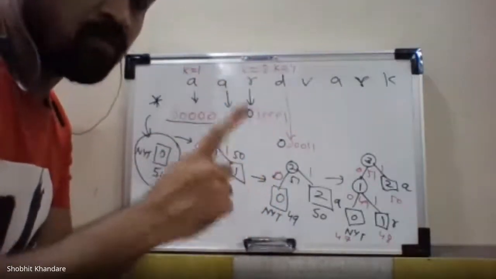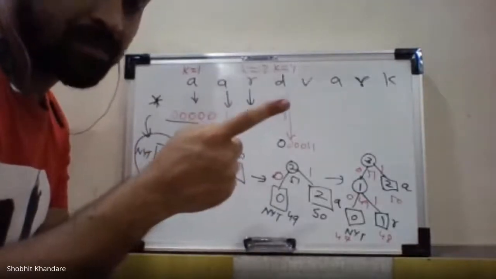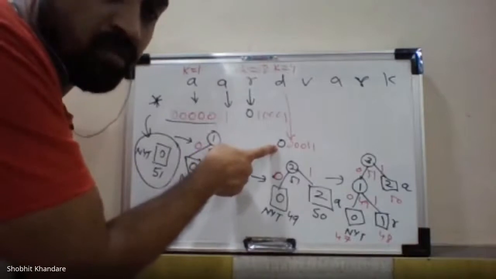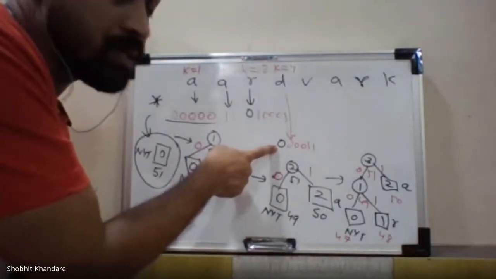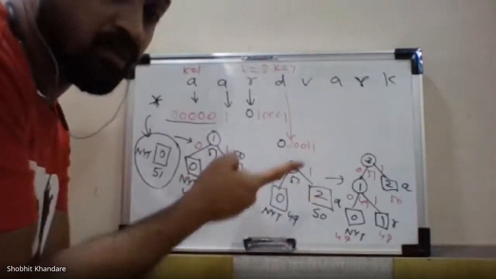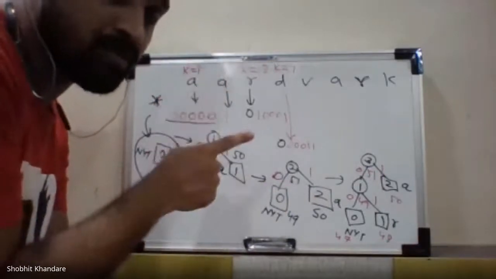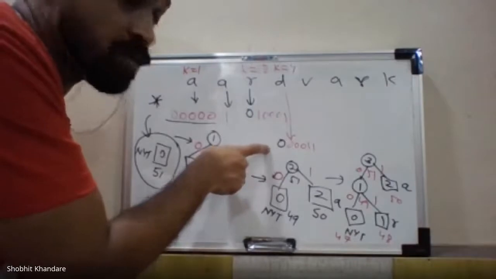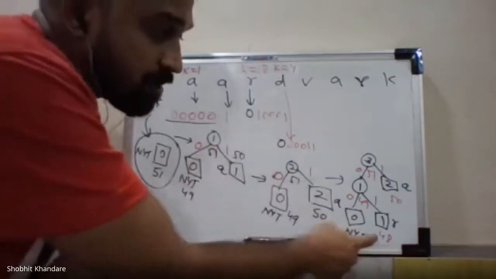So what we have to do? We have to send the code for NYT. And what did we write there as the code for NYT? There we wrote 0. Now we will check, because we have just said that we have to refer to the previous updated tree diagram. Now I have to send the NYT code, so I have to check the updated tree. So this is my updated tree.